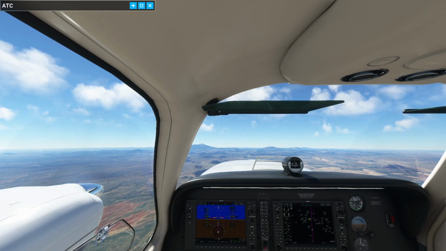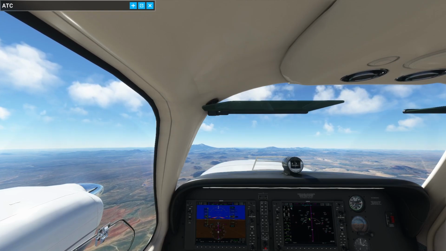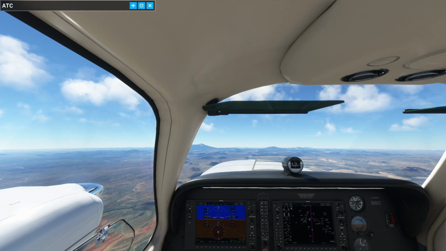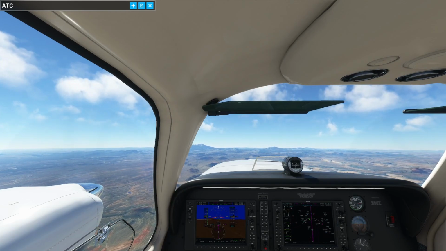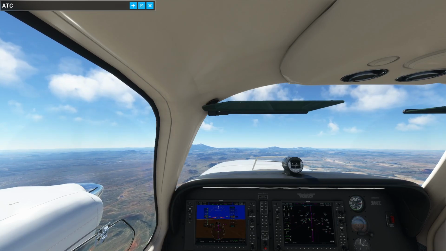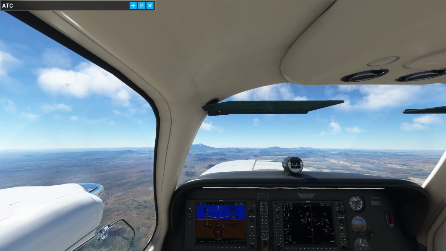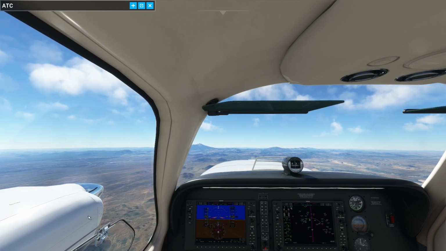Now we'll still be under Albuquerque control when we get to the airport, so it tells us right here on our airport information. So the ARTCC is Albuquerque. Get my heading bug up here. We may start having to fly headings instead of